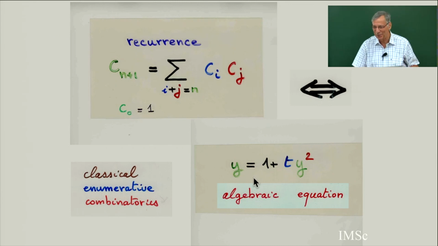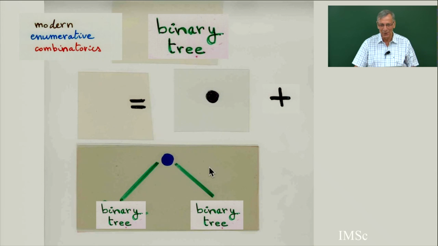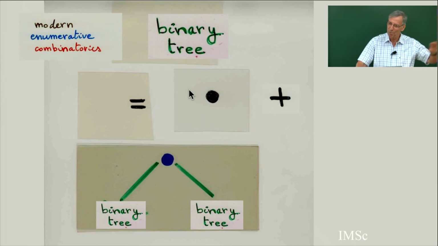We don't need a recurrence relation to really understand what a binary tree is. You can go directly from the definition of binary tree to the algebraic equation. So what is a binary tree? It is equal to the root plus a triple. And this identity makes sense. You can define the product, the sum, the derivative, the integral of combinatorial objects. Go back to the class two years ago.